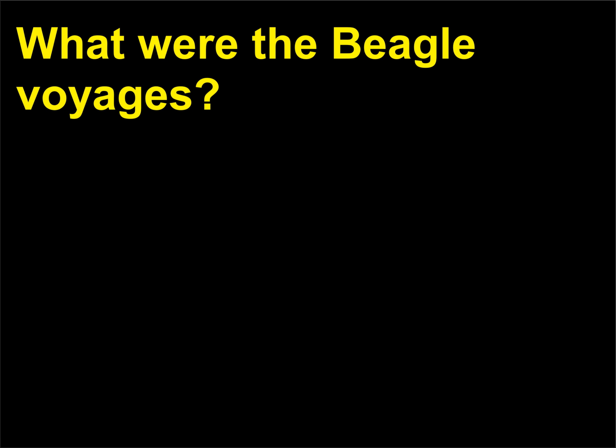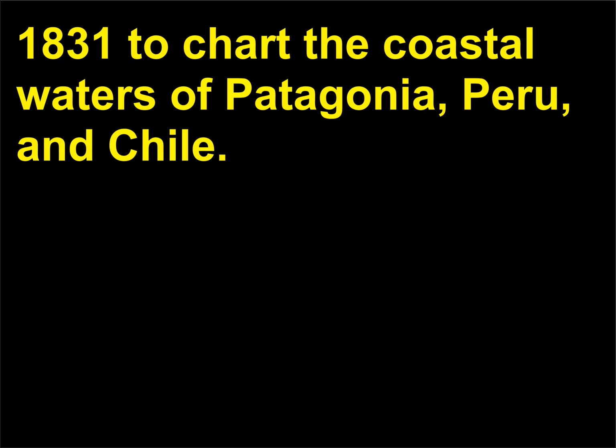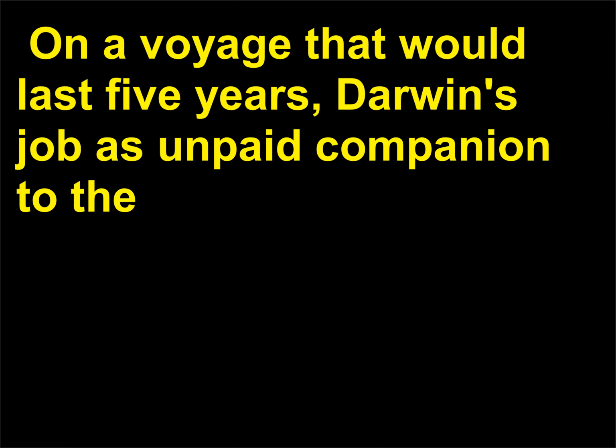What were the Beagle voyages? The HMS Beagle was a naval survey ship that left England in December 1831 to chart the coastal waters of Patagonia, Peru, and Chile. On a voyage that would last 5 years, Darwin's job as unpaid companion to the